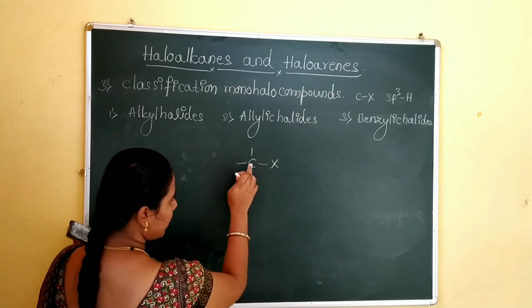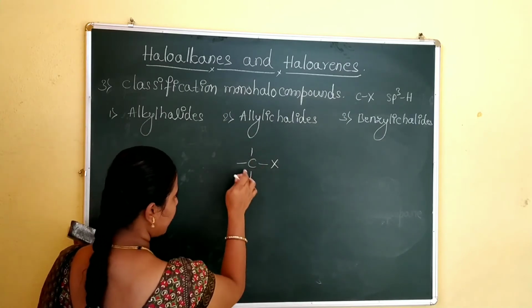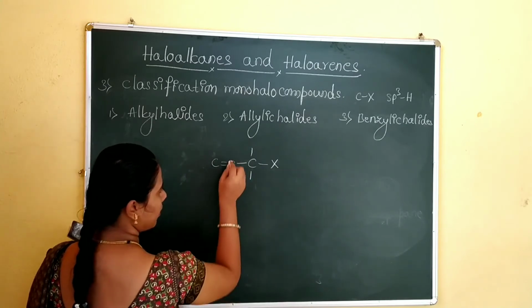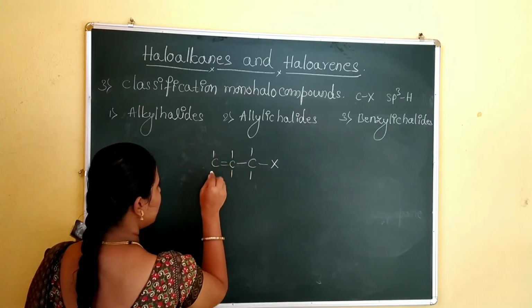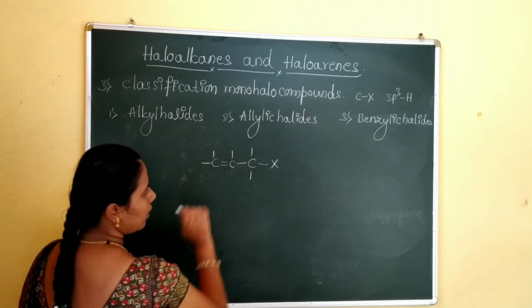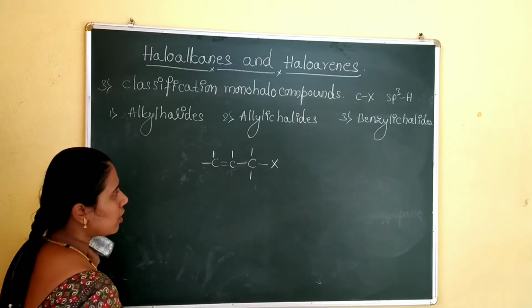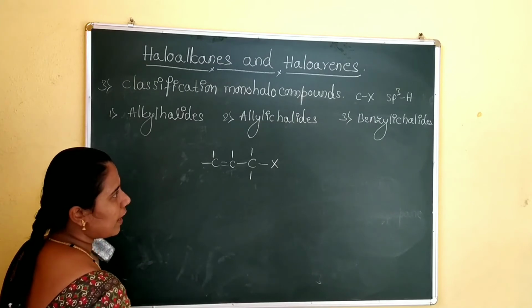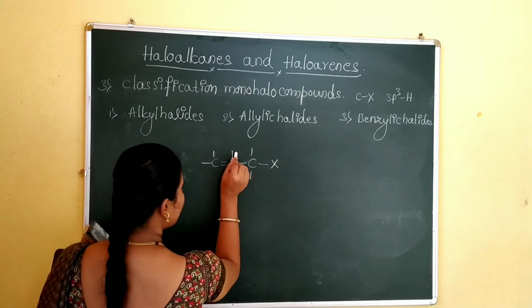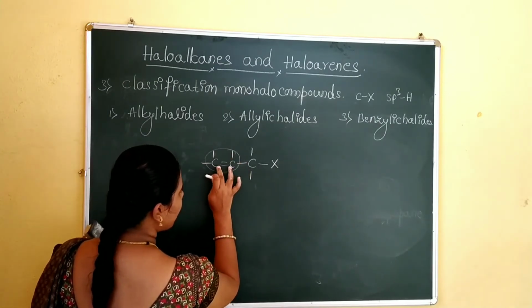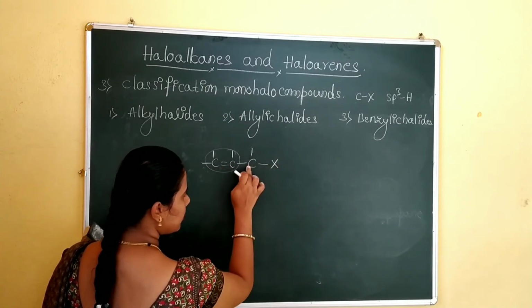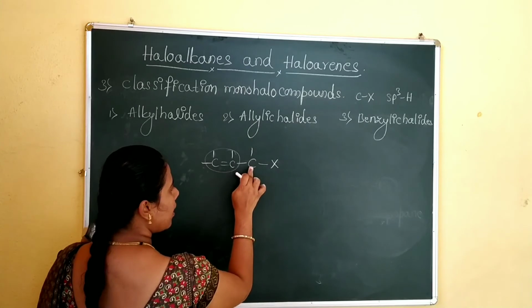A halogen atom attached to the sp3 hybridized carbon atom next to a carbon-carbon double bond is called an allylic halide. This is the representation for allylic halide. See here, carbon-carbon double bond. After the carbon-carbon double bond, a carbon atom is there, which is sp3 hybridized, and to which